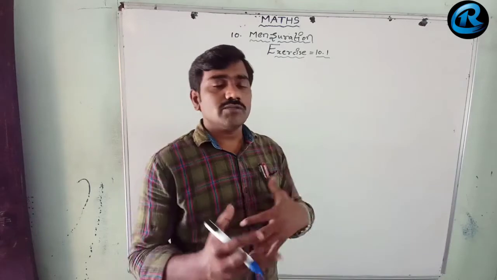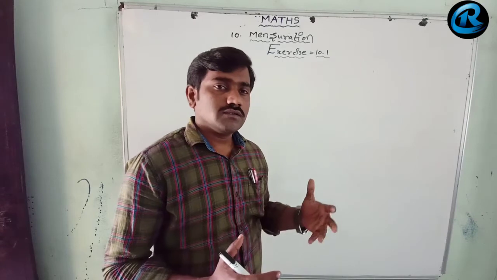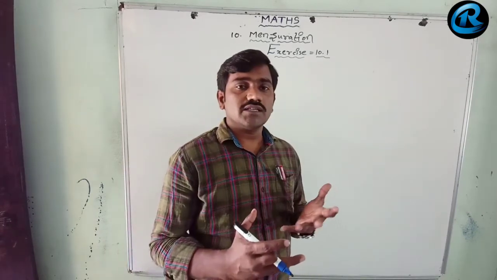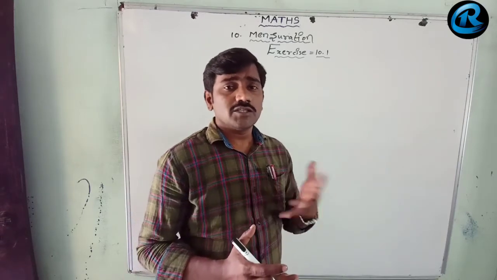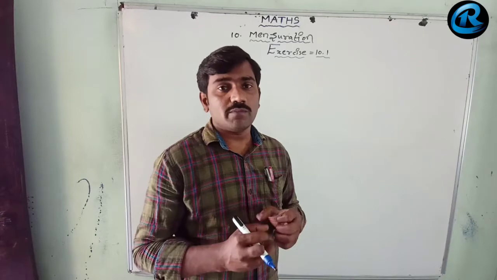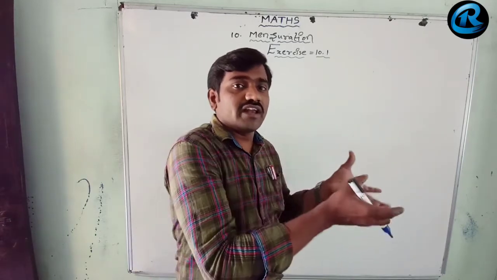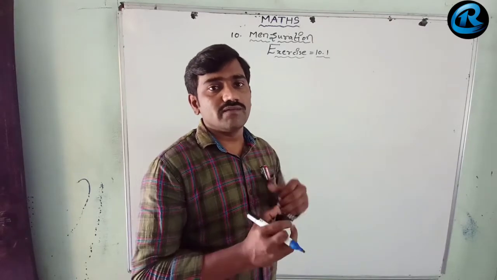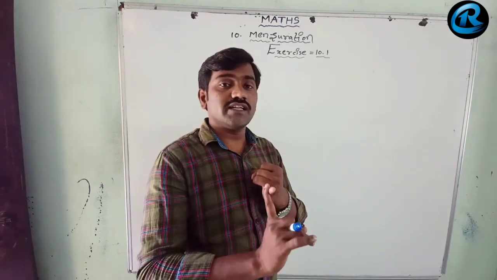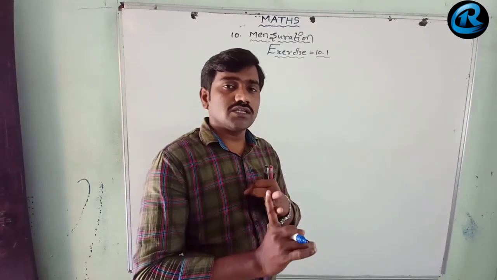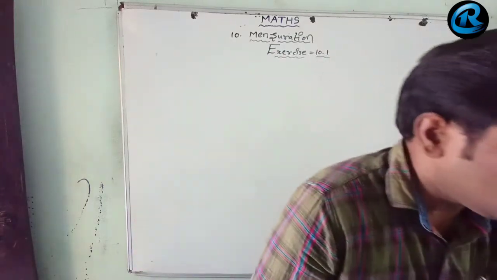In exercise 10.1 we mainly discuss the lateral surface area of the cube and cuboid, total surface areas of the cube and cuboid, and volume of the cube and cuboid, and also the cone, cylinder and sphere. All these concepts will come in it. That means it is a recalling of what you learned in the 9th class. In this exercise we will learn surface areas, lateral surface areas, total surface areas and volumes. Based on these three concepts we have problems. Let's go for the first problem.